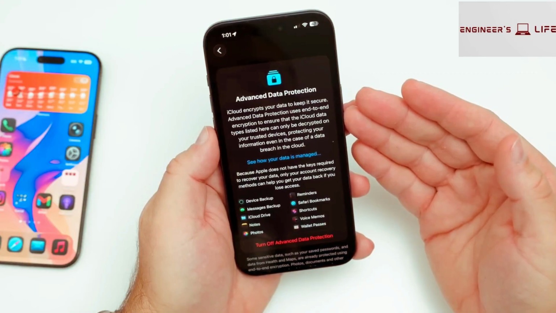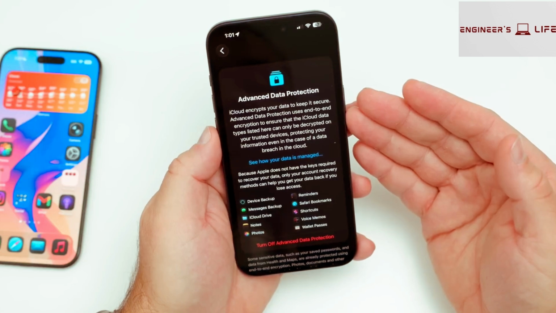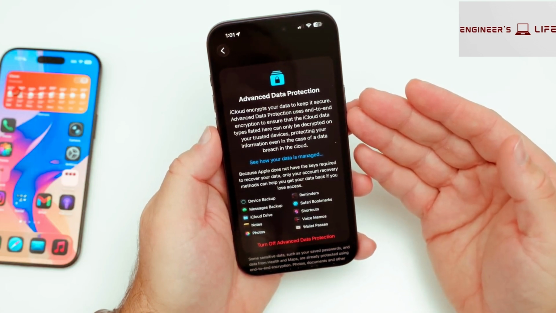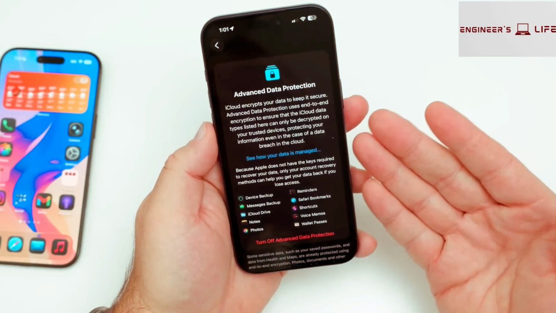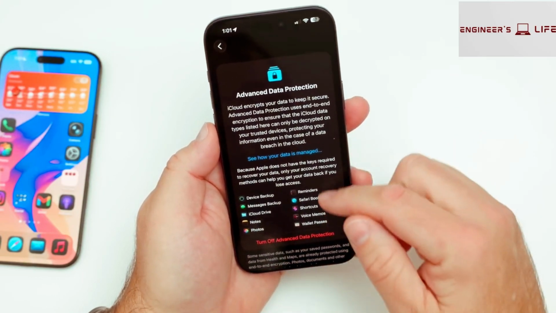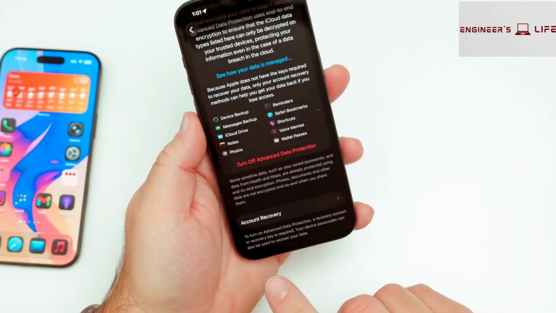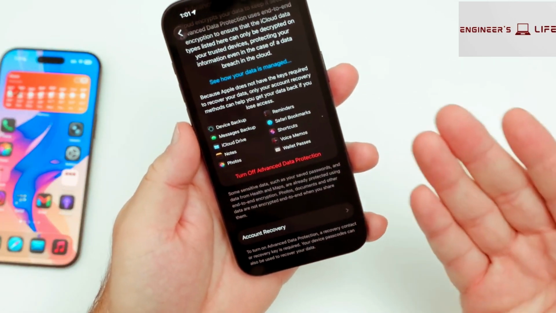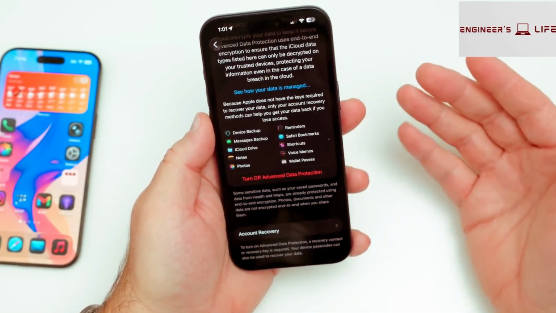Advanced Data Protection uses end-to-end encryption to ensure that the iCloud data types listed here can only be decrypted on your trusted devices, protecting your information even in the case of a data breach in the cloud. This means Apple and no one else has the advanced keys for this. So you'll see here, if we scroll down, you can recover your account, but you'll need your recovery key in order to actually unlock this. So if you can manage that key, keep that handy, print it off, put it in a safe,